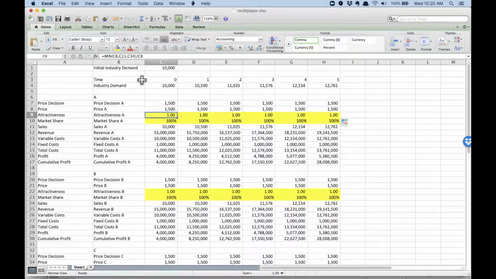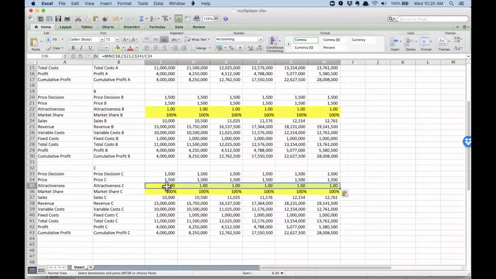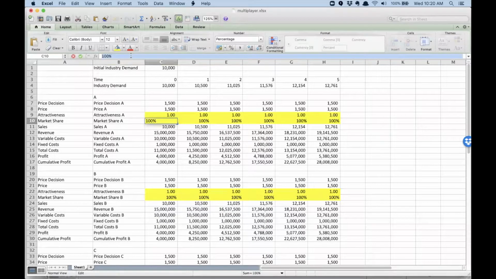One thing I need to do here is indicate that this shouldn't move around as I move it down. So I'm going to do this here, and this here, and that's going to keep it from moving as I copy these cells down. Okay, let me paste that here, and then paste it here. Now I need to figure out what my market share is going to be based on that attractiveness function. So the market share for my product is going to be equal to